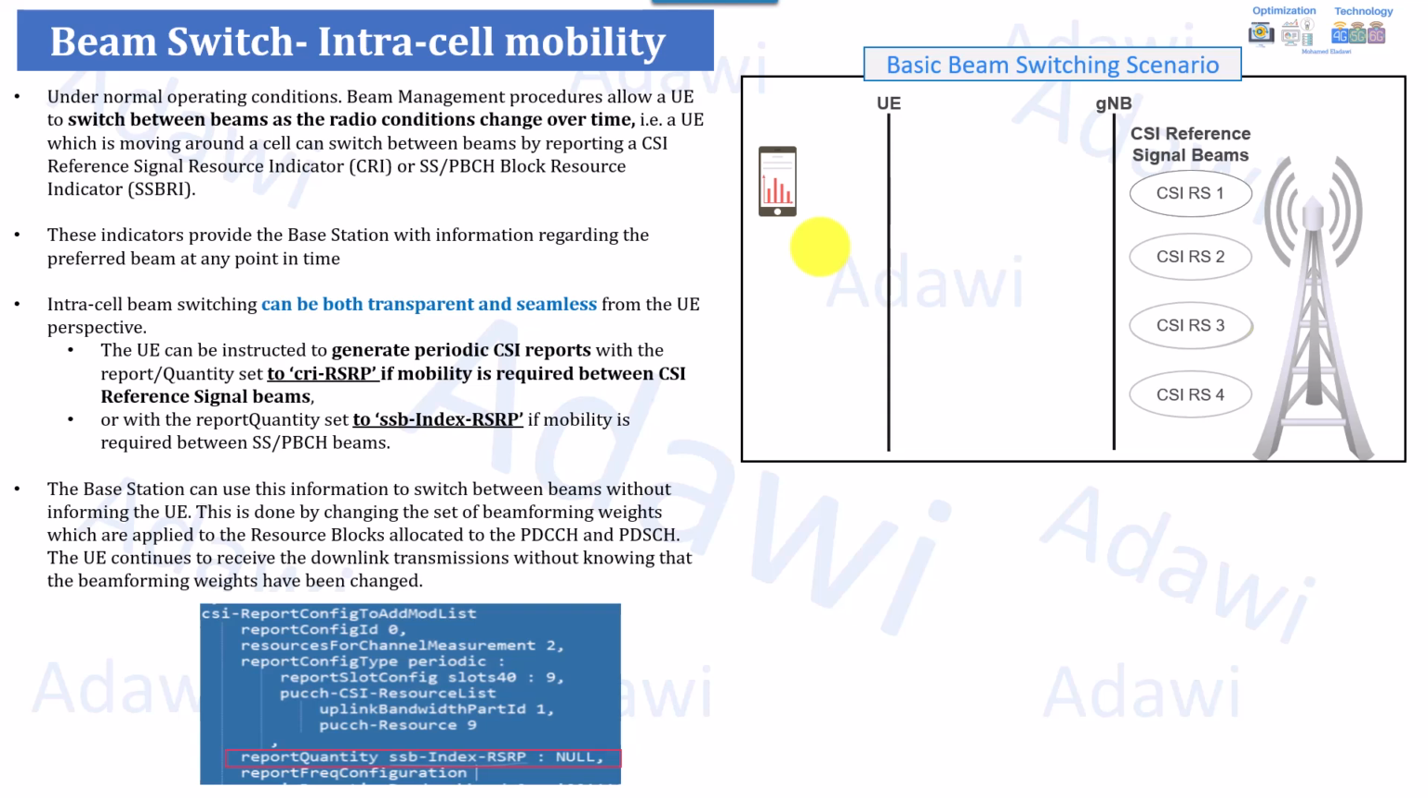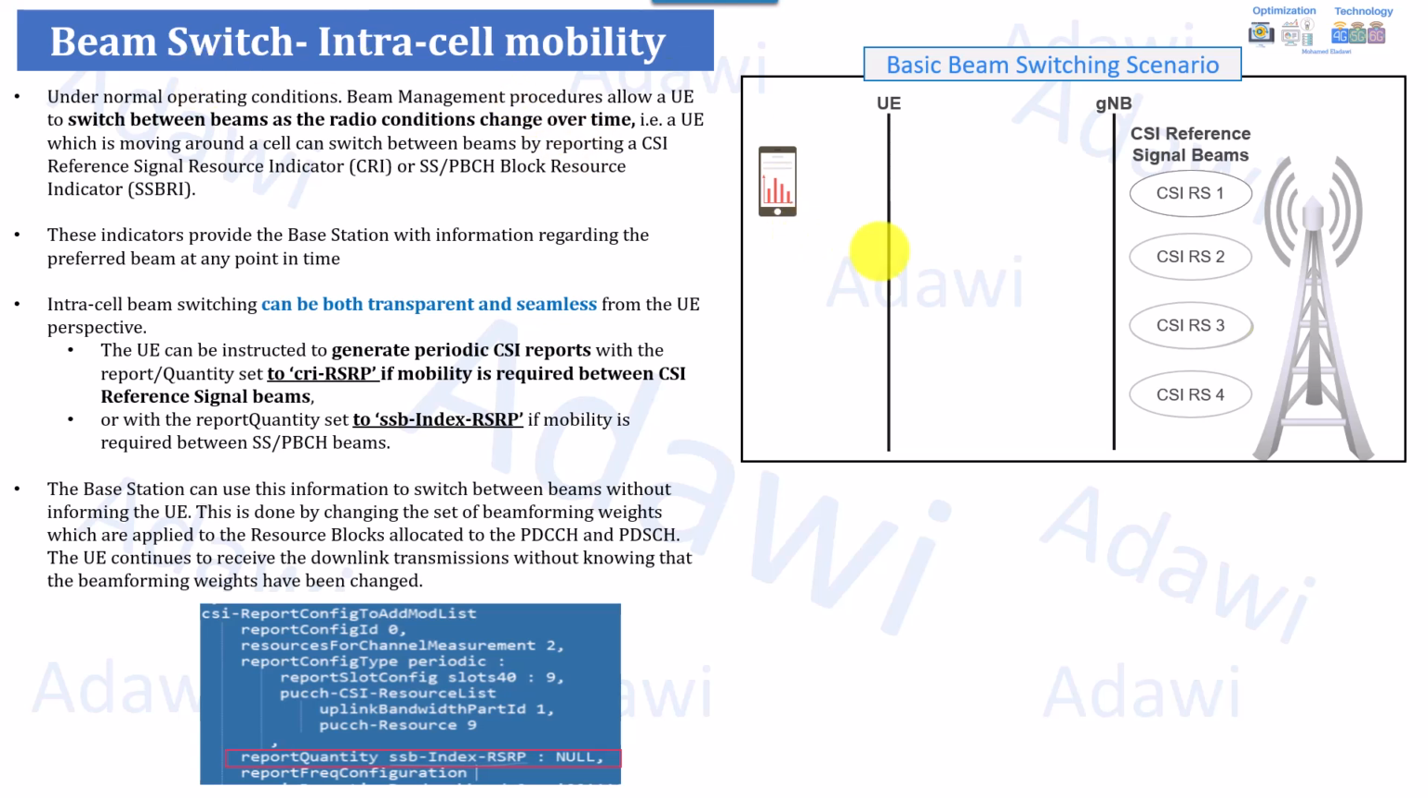So now let's continue with more details about different beam mobility in 5G Massive MIMO. Again, the first type I'm going to cover is intra-cell mobility beam switching. As you can see, this is intra-cell mobility beam switching. And as I highlighted, intra-cell beam mobility switching can be both transparent and seamless from the UE perspective, where actually